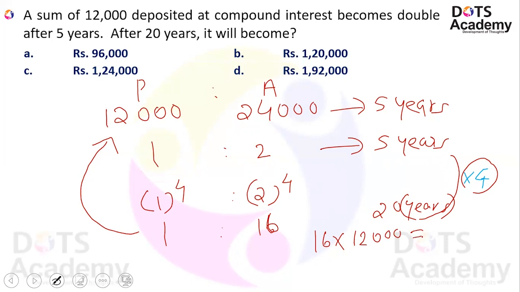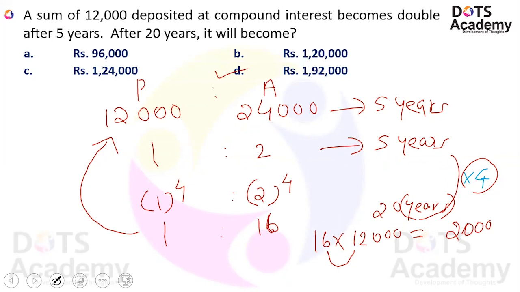So you can either mug up the multiplication table up to 20, that is very essential for SSC examination, or you can do the multiplication of last digits, that is 6 into 2 is equal to 12. So the last 3 or 4 digits of your answer must be 2000. 6 into 2 is equal to 12, that is 2000. Your answer should end with 2000. There is only one option that is ending with 2000. That is option D. So your answer is equal to